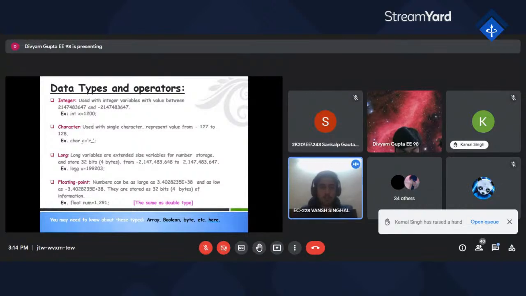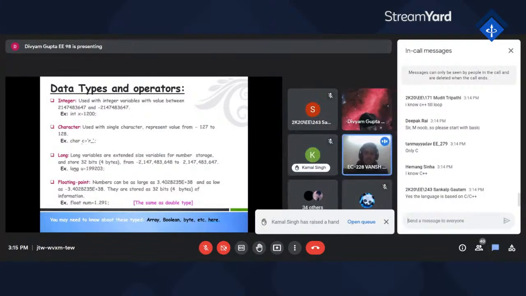It's an integer, and for example we have set its value to 1200. There is also a limit set for the integer value, from this to this. If we have to use a number greater than that, we use the long data type, which can hold a greater number. If we have to initialize x with a very large number, we use the long keyword.